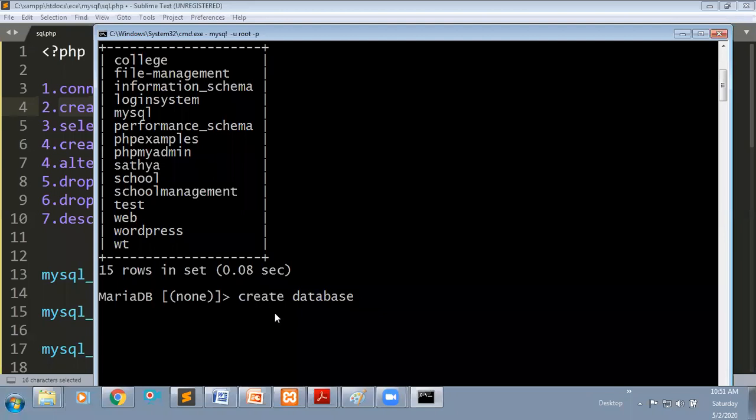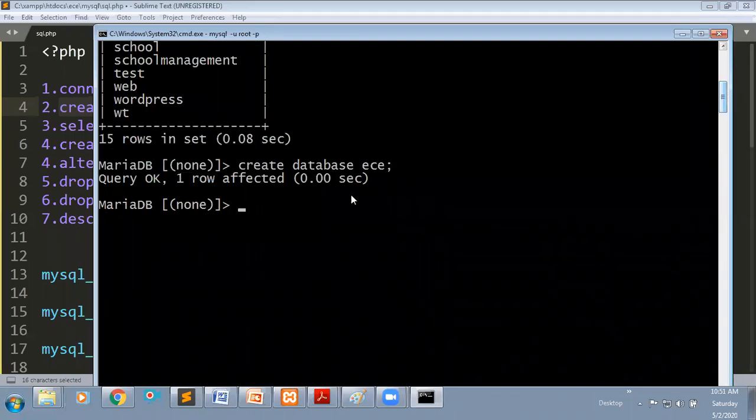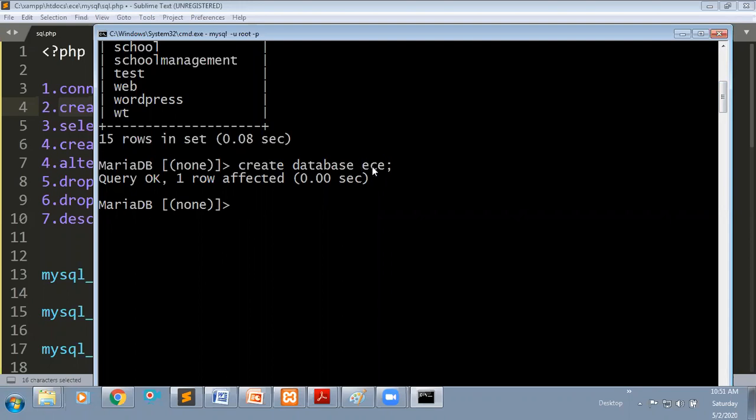This is the syntax, and you need to give the database name. Here I'm giving the database name as ECE. Within that ECE database, I'm going to store my student information. Just enter. Now you can see one row affected. Query OK, one row affected means it is executed successfully.